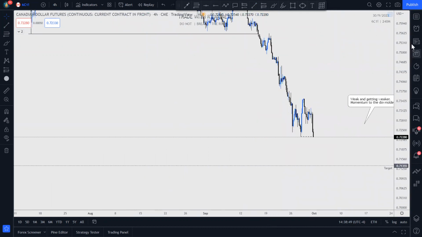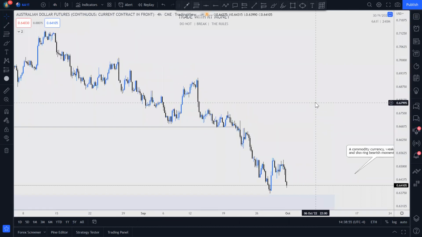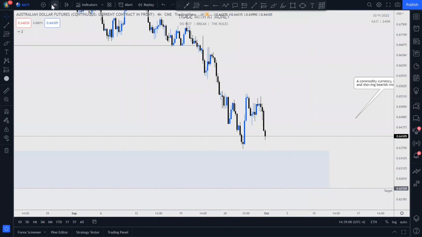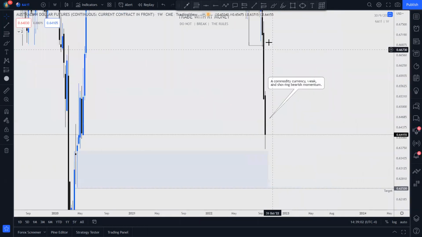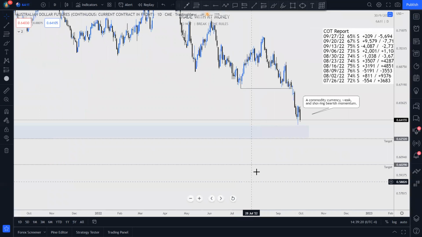Okay, so let's go to the next one. The Australian dollar, this is another commodities-based currency that is showing signs of getting weaker. Let's look at how the week closed. Again, just like the New Zealand dollar, bam, bam, bam, 3 hard weeks in a row. We're coming to a demand zone here, right? And we are reacting within the zone. And this is the extreme of weekly demand. You understand? Which is a daily demand zone.